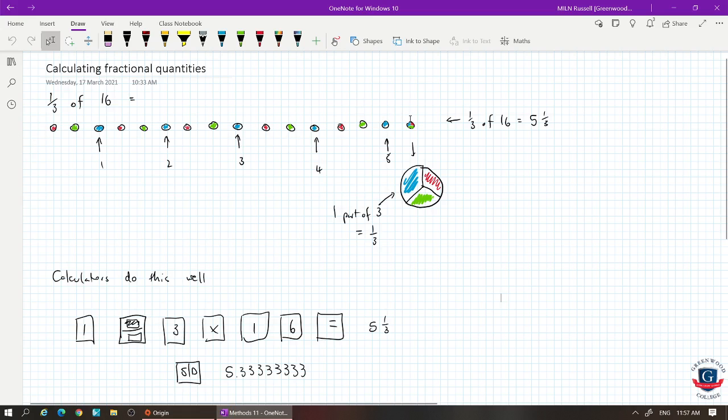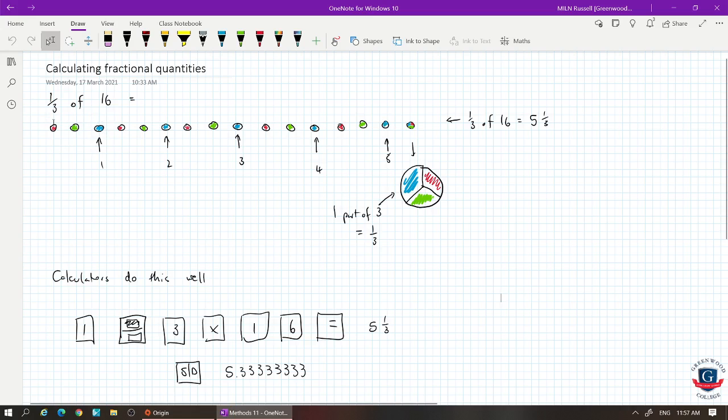We've got 16 circles. We're going to split them into thirds, into 3 separate groups. I'm going to have a red group, a green group, and a blue group. So to do that, I put one in the red group, one in the green group, one in the blue group, and then repeated until I got to the point where I wasn't going to be able to do it anymore. So here's the first